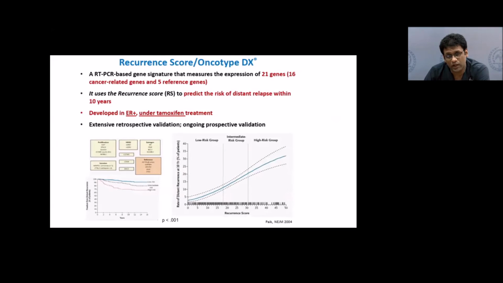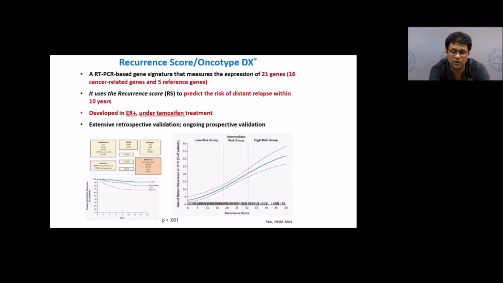Now, there are multiple ways, because this is a common problem, especially in the West, much more so than here, because a lot of patients do present early in breast cancer in Western countries. They have found an independent predictor of prognosis of recurrence beyond just the clinical factors that I mentioned earlier. So one of them is this recurrence score.